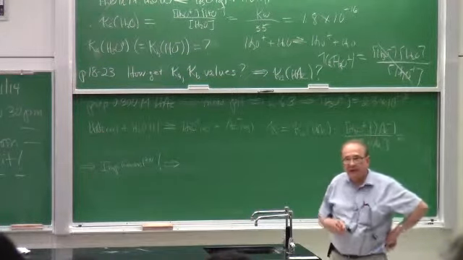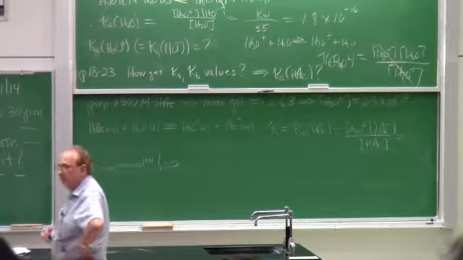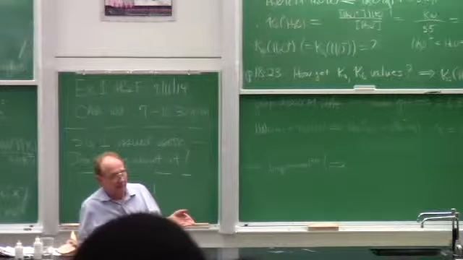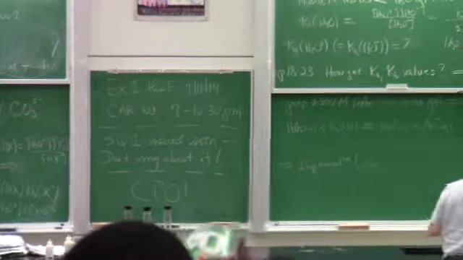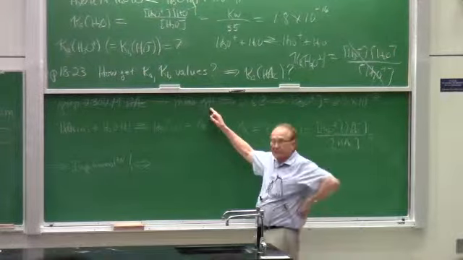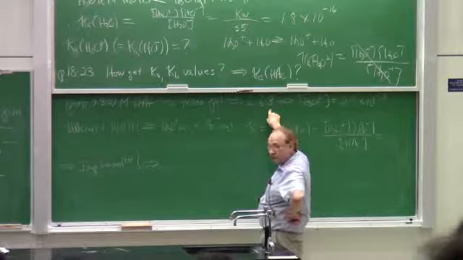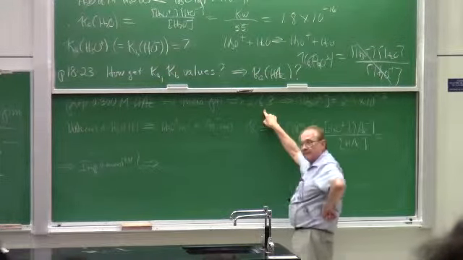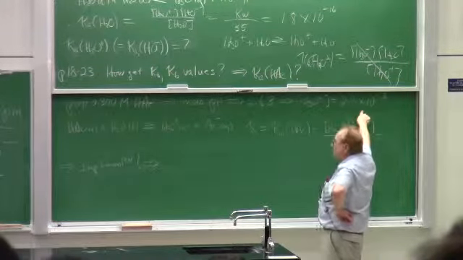and we don't know Ka for acetic acid. But we know its formula. Since we know its formula, we can know its formula mass. So I prepare carefully a water solution of acetic acid, say 0.300 molar acetic acid, and I observe the pH for this solution, and I get 2.63 to 2 sig figs. Remember, 2 sig figs? Not this. So I take the antilog of this to get the hydronium ion concentration, for which I get 2.3 times 10